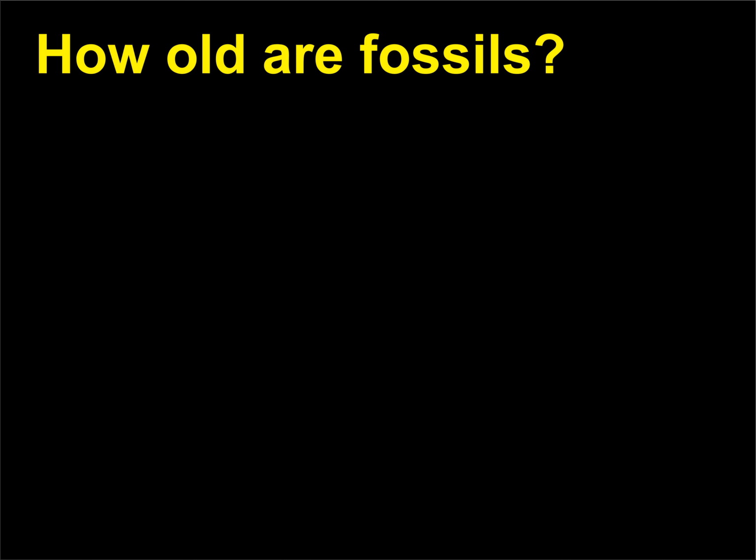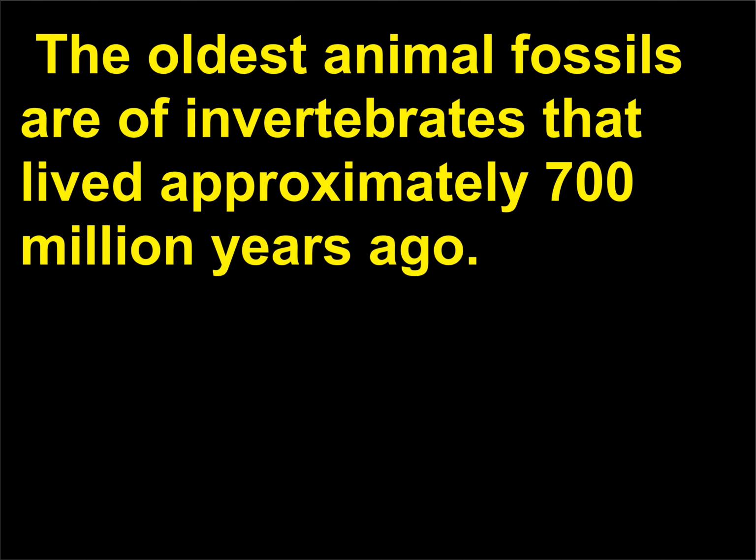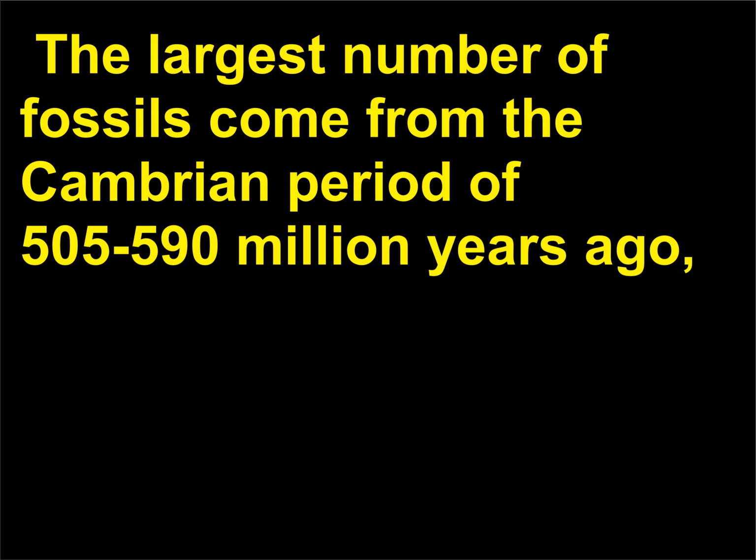How old are fossils? The oldest known fossils are of bacteria that left their impressions approximately 3.5 billion years ago. The oldest animal fossils are of invertebrates that lived approximately 700 million years ago. The largest number of fossils come from the Cambrian period of 505 to 590 million years ago,